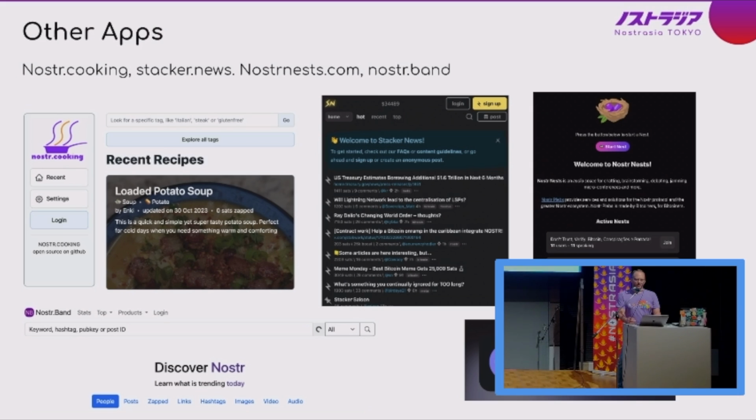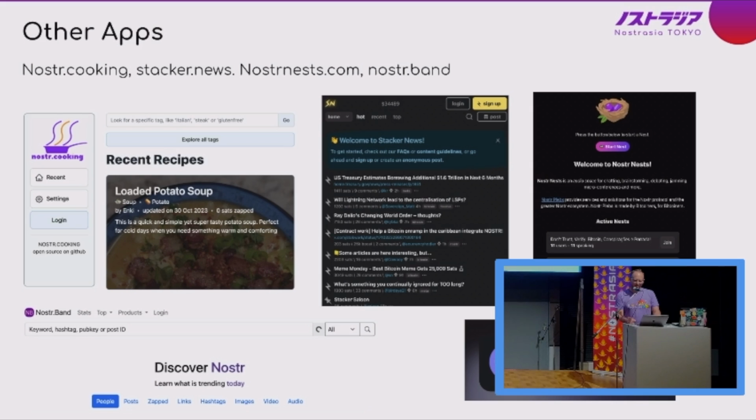Stacker News. This is a good one because people are getting sick of the media these days, right? The mainstream media. Stacker News is a real Nostr way, or Locals way, to see what's going on in our version of the news, right? So we have an entire news stream. Again, if you like the article, you can zap the article.